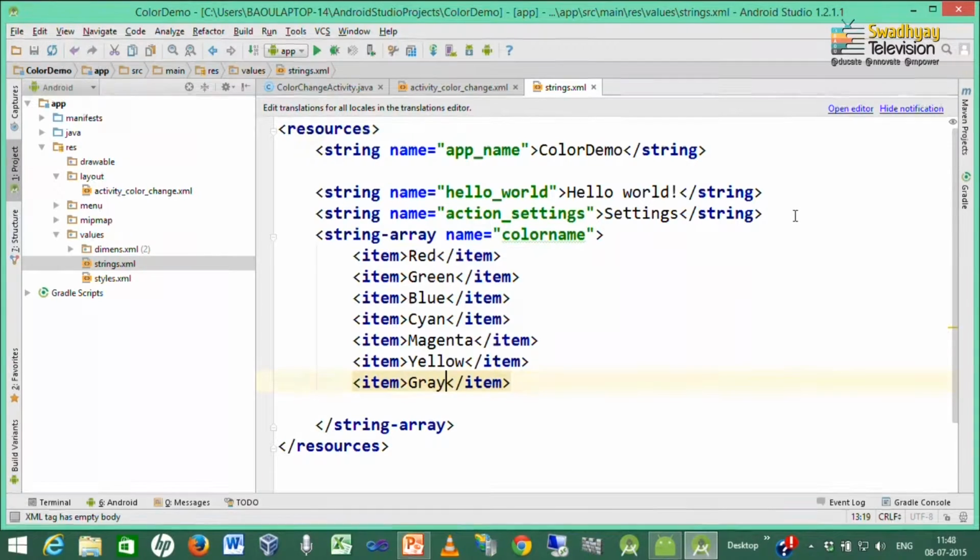We exclude black color because our text color is black. So, gray and white. So, this many items we have created inside color_name.